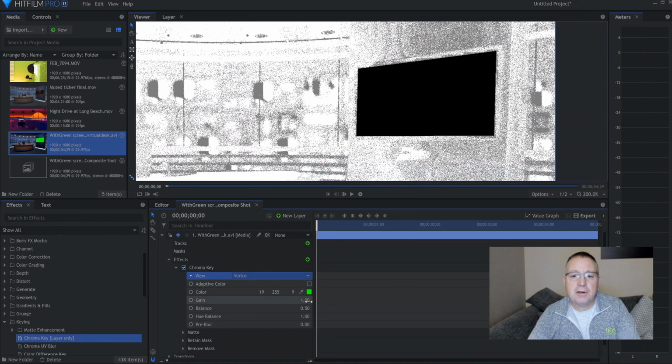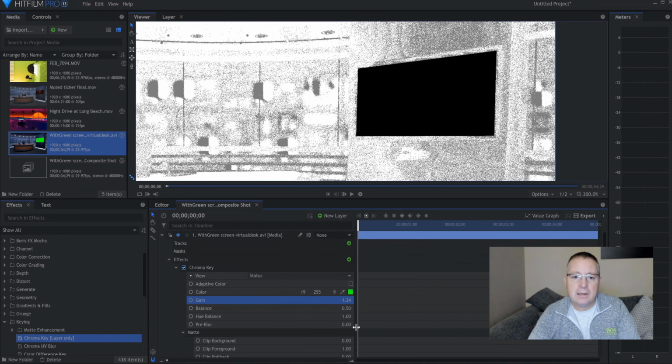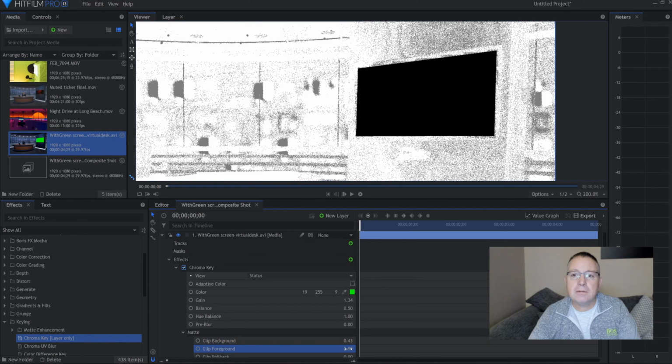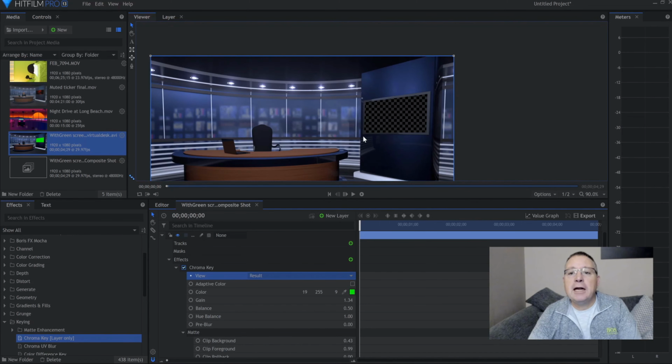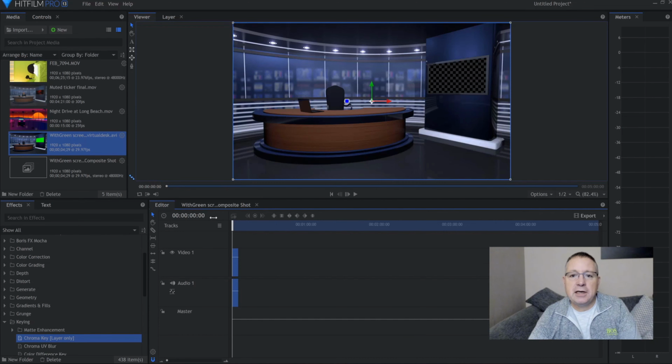I might just make a couple of minor adjustments just out of things that I've experienced before. Just the gain, I won't adjust the balance. I will go into the matte, and the matte you have clip background, clip foreground. With just a bit of the background, let's just see for the foreground. Let's try that. Remembering then to go back to your view mode and put it back to result. You can see here in the background checkers there where something's gone out of focus. Anyway, that's that. Go back to your editor screen,